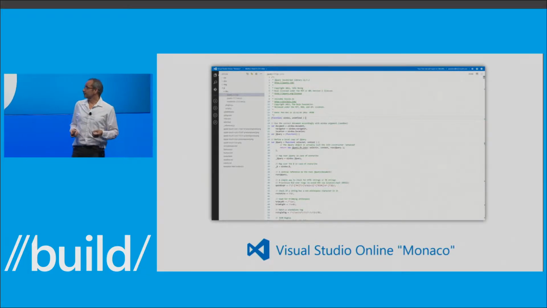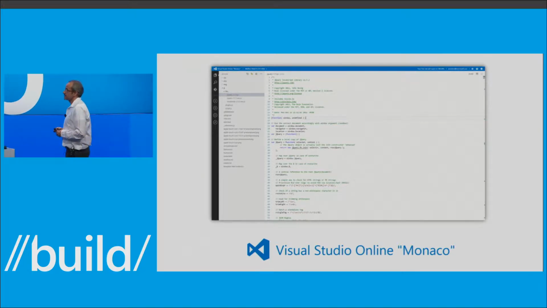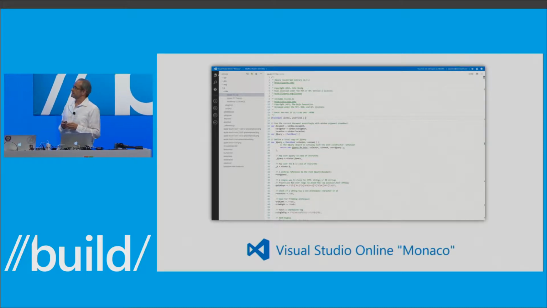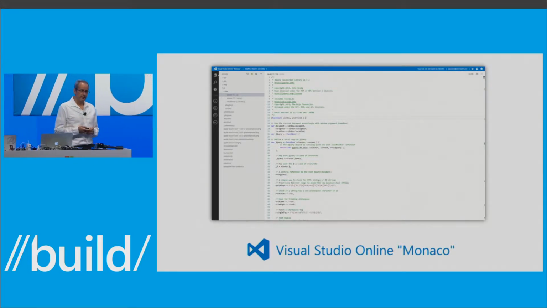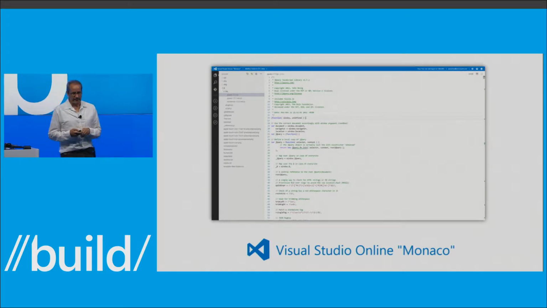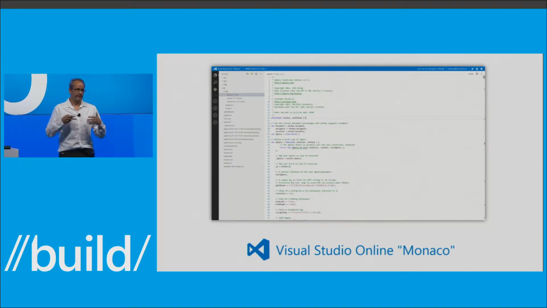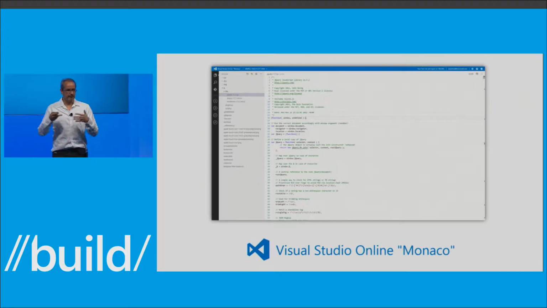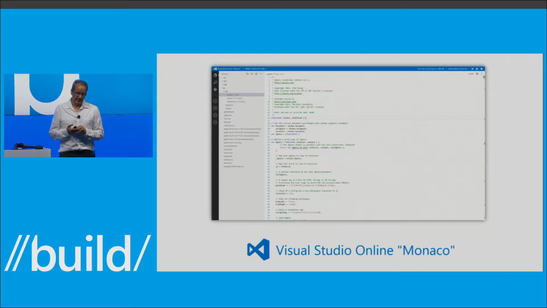So it's not the first appearance of the editor, right? It was already available in Visual Studio Online Monaco, which has been available for a year, and which allows you to edit websites on Azure to get a live editing experience. This was really great for us. Now we got feedback on the UI, and people really liked the lightweight UI. That was really nice. We also ran into some limitations, right? People want C# code, C# support, managed code support, which we found was very hard to do in a cost-effective way